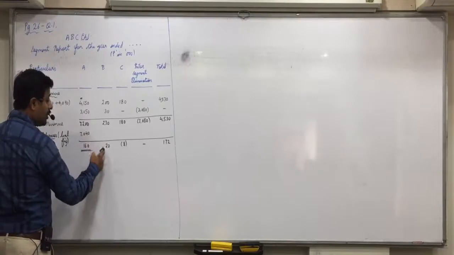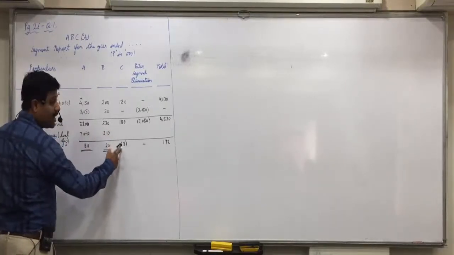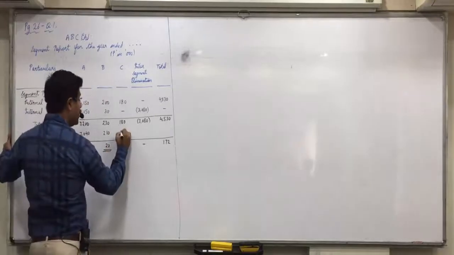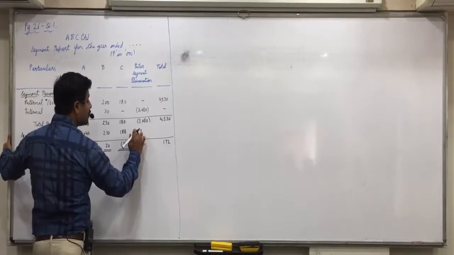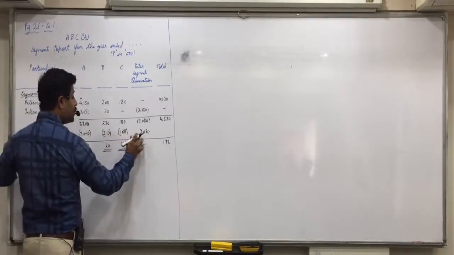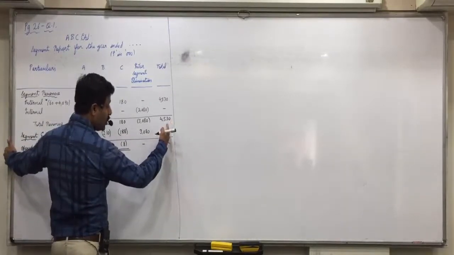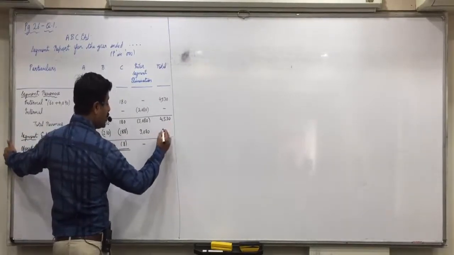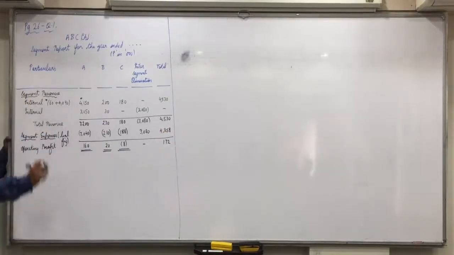7040. 230 minus 20? 210. 180 minus plus 8, 188. And this would be entirely in expenses. Okay, this 3 will get subtracted and this will get added. So total expenses, even here you also need to do 4530 minus 172's difference, 4358. So is everyone of you clear up here?